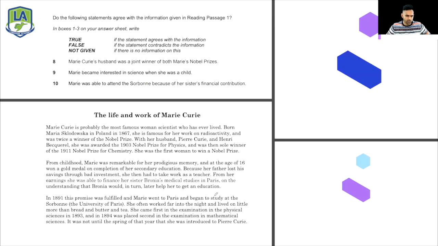All right, what we'll do is we'll solve this particular passage. Let's see how many true, how many false we get. First step is to read the statement, highlight the keywords, then locate the keywords here. Make sure we don't just focus on the words, we have to focus on the meaning. Marie Curie's husband was a joint winner of both. Both can change the message. Remember this thing. Marie Curie's husband. See, this is a proper noun, right? Name of person. So you can locate it as it is. This cannot be paraphrased. Marie Curie's husband was a joint winner in Marie's Nobel Prizes.